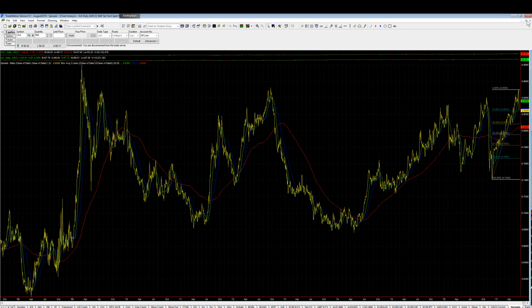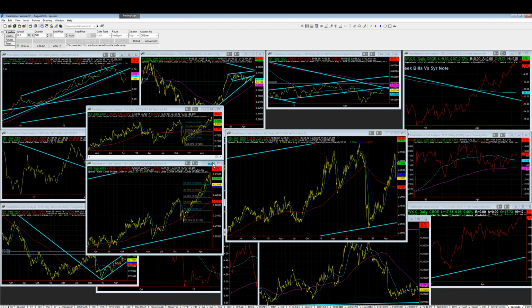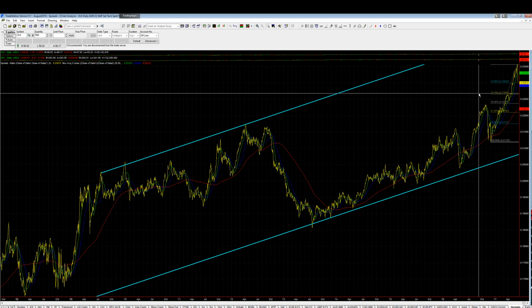So we have seen XLK, we've seen XLI, and now XLK over SPY, which is basically technology as a percentage of the overall index. You can see how steep the move has been in the past few weeks, and all we have done in that is come back to the minimum retracement level under Fibonacci, and we are more likely to come back down to at least this area around the